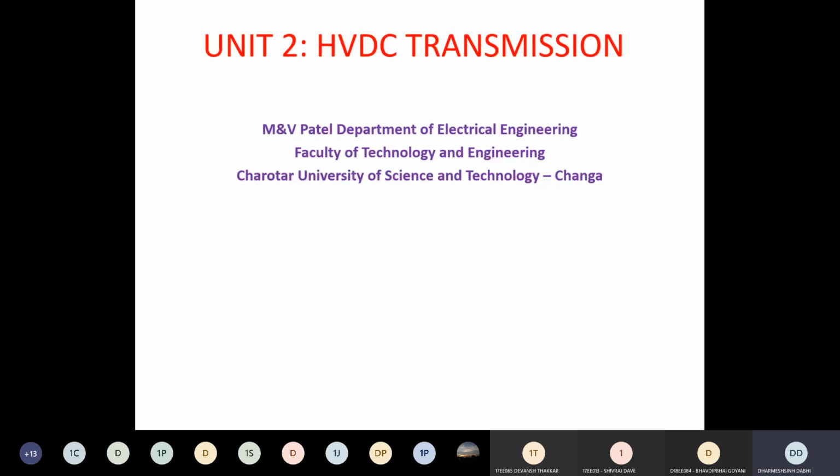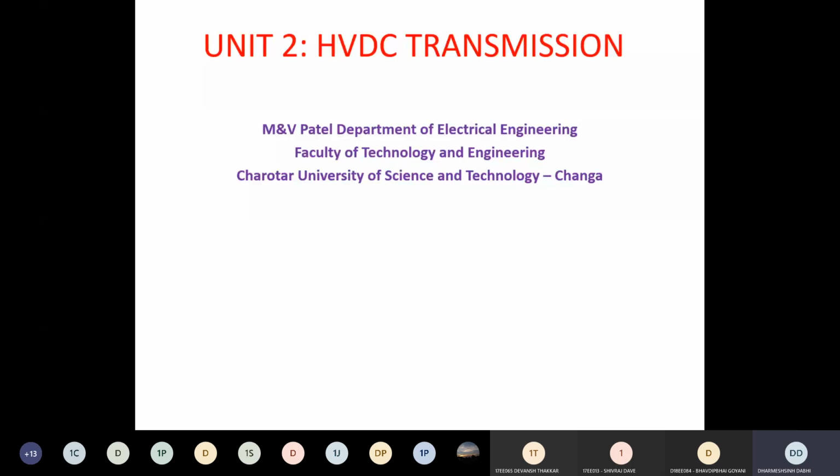But in HVDC line, you can effectively control the flow of power through the converters, because at both sides of the HVDC line they have two power electronics converters. So through this converter control, you can control the power from one end to the other end in a very effective manner as compared to the HVAC line. So this is one of the major advantages of using the HVDC line, that they provide effective power flow control.